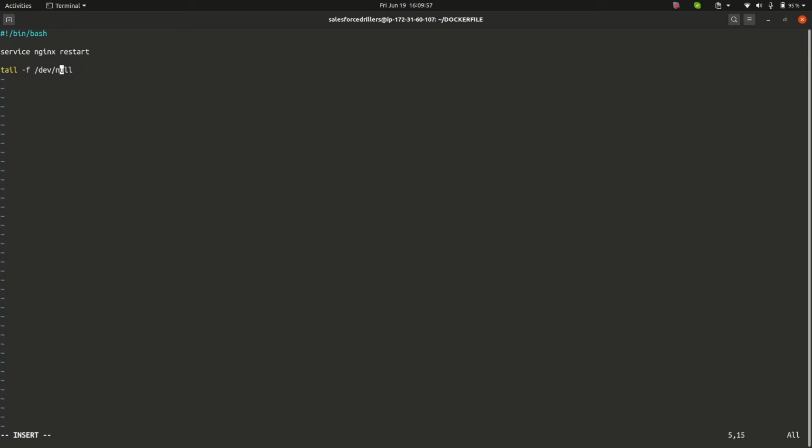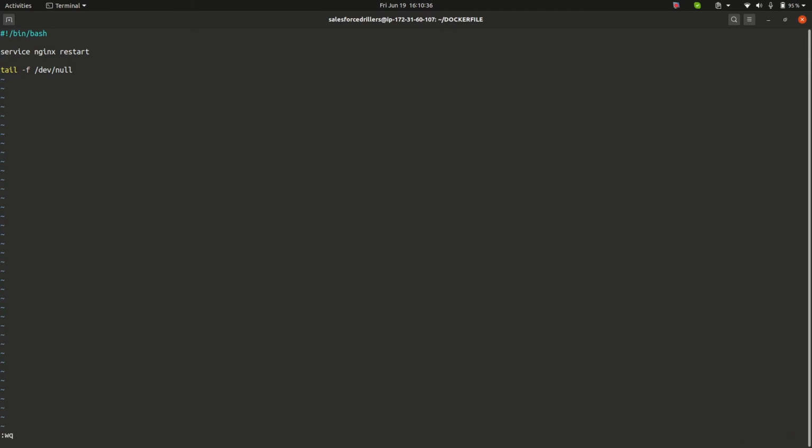Now what will this command do? This command will hold the container, meaning it will not let the container exit. Okay, or I can say my container will not get killed automatically if I use this command in my entrypoint.sh. So this entry point script is starting my nginx service, meaning nginx will be started automatically without any manual effort when the container is run using our custom image.